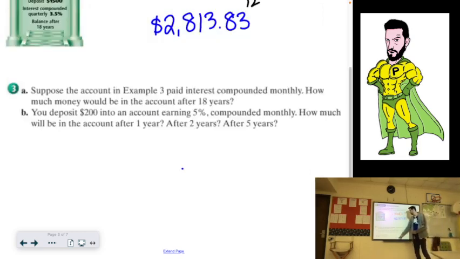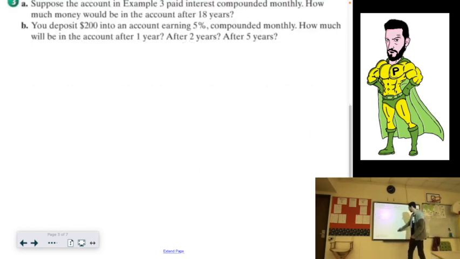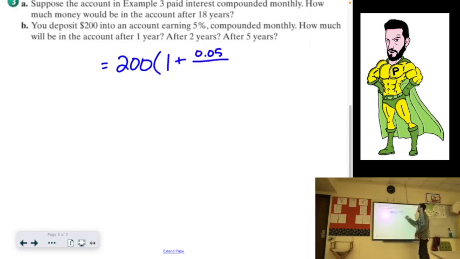All right. Here we go. Part B. You deposit $200 in an account. Okay, so that's our starting amount. We're getting 5%. So 1 plus 0.05, and it says it's compounded monthly. So the 12 goes down there. It also gets multiplied by the time. I'm going to clean up this equation. Since we are going to figure it out for 1 year, 2 years, and 5 years, I'm going to combine what I can. So 0.05 divided by 12 plus 1,